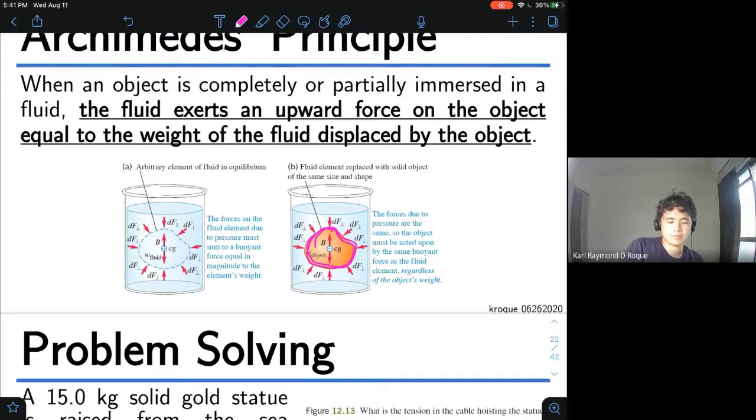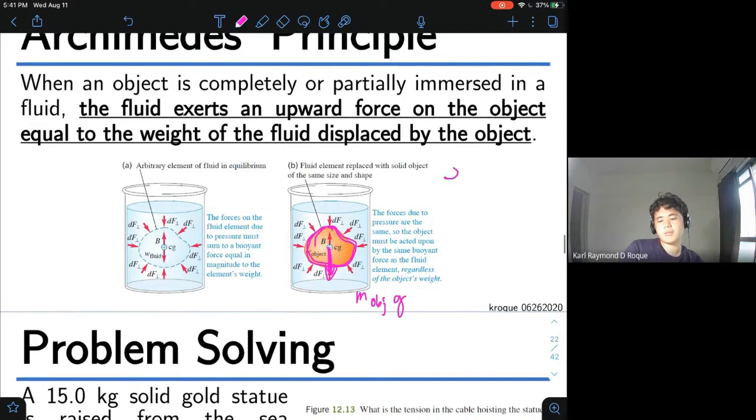Bali, naglagay tayo ng bola, may weight tayo ng object. It's m_object g, pero yung fluid displaced by the object, ano siya? 'Di ba na-discuss natin kanina, ang weight is mass times gravity, density fluid volume times gravity. Okay. Kapag less dense yung object,